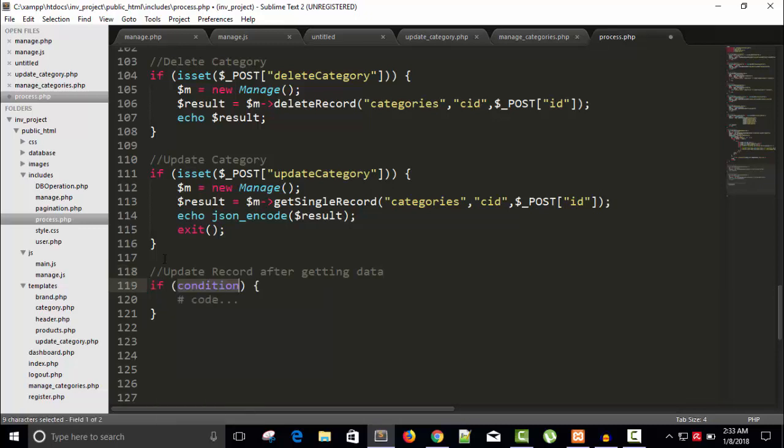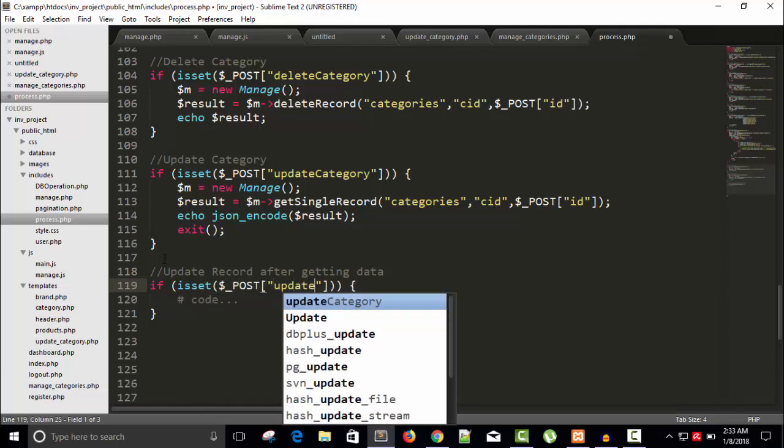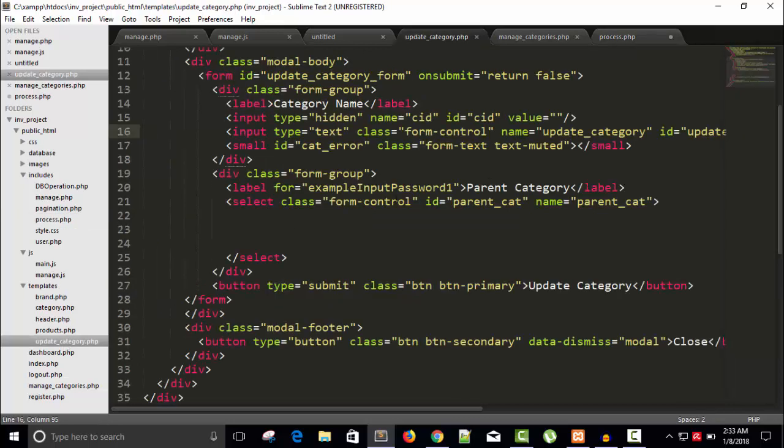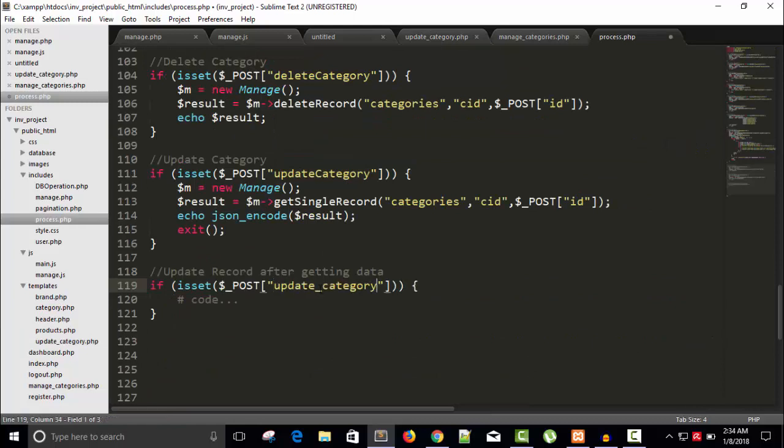If isset $_POST, and you remember the name, I have written update_category, right? So we have written update category here, this one, copy it, and in the process.php page replace it,